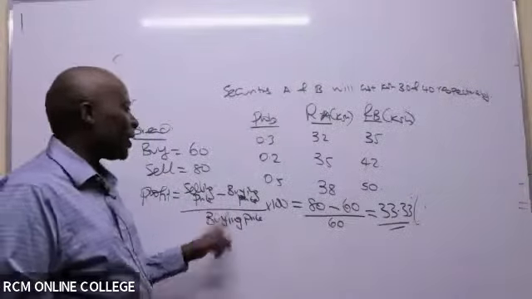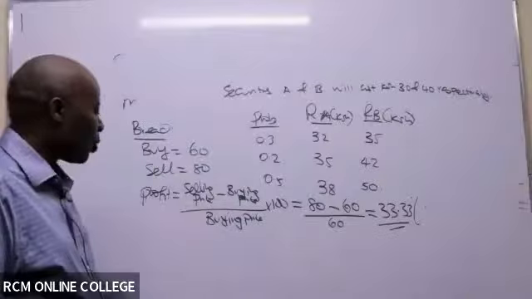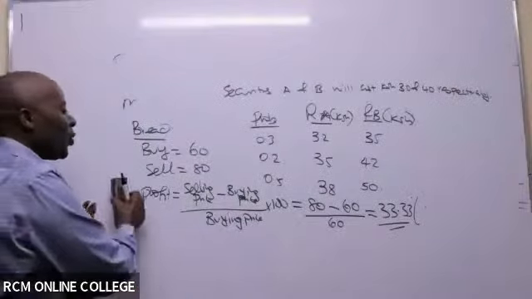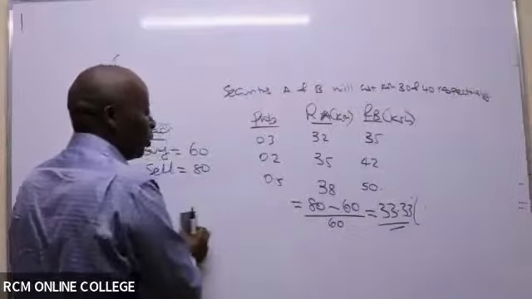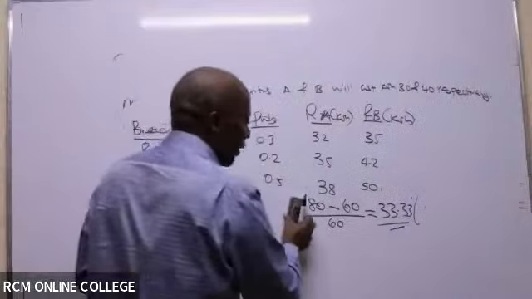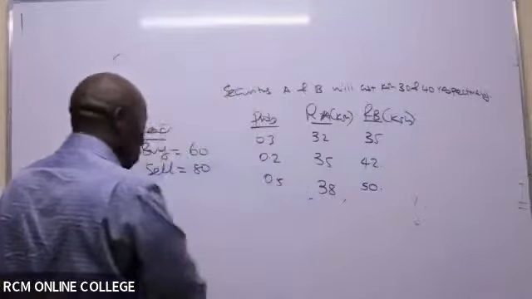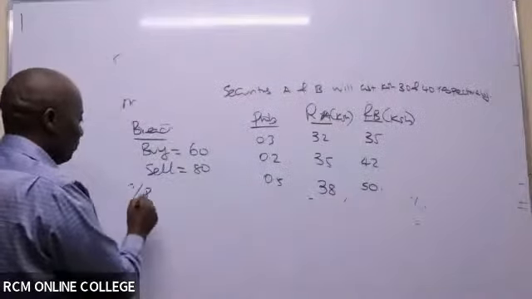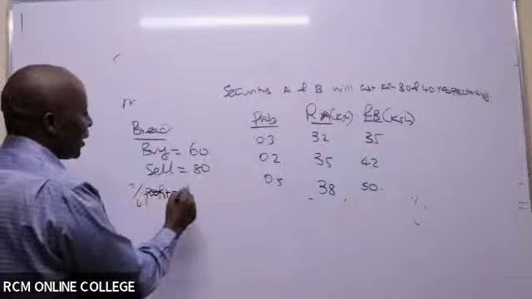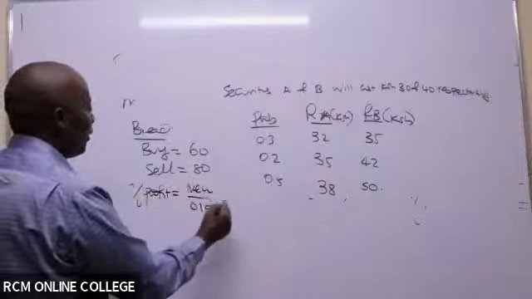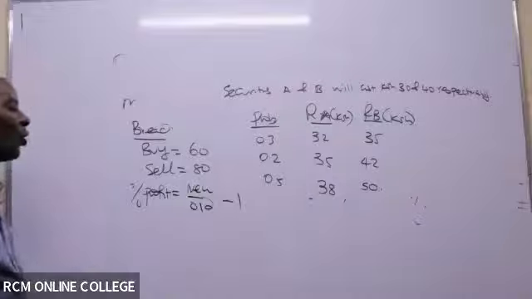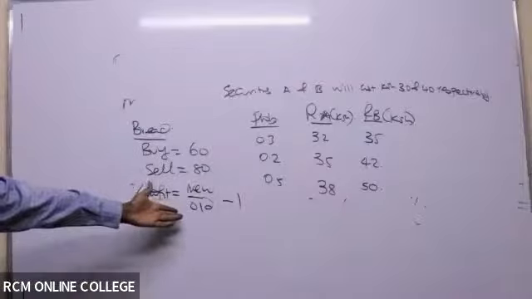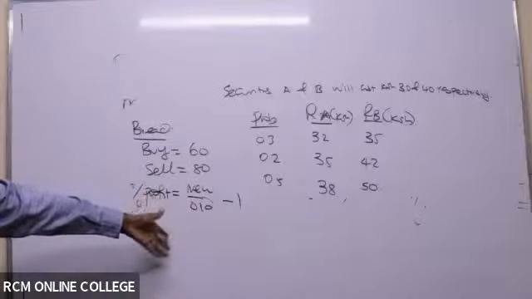But again, if you get somebody doing this question this way, this one is not a serious ninja. This one may be a white belt ninja. This is not a black belt ninja. Because a black belt ninja will tell you the easiest way of getting, in this case here, percentage profit. You take the new over the old minus 1. This is how serious black belt ninjas calculate their profits. New over old minus 1.